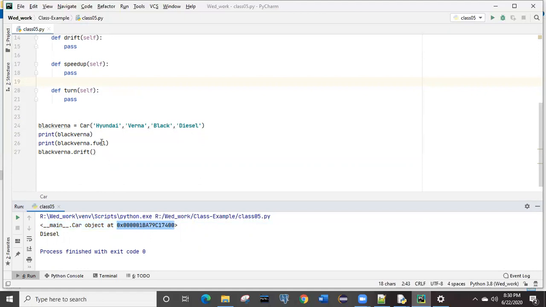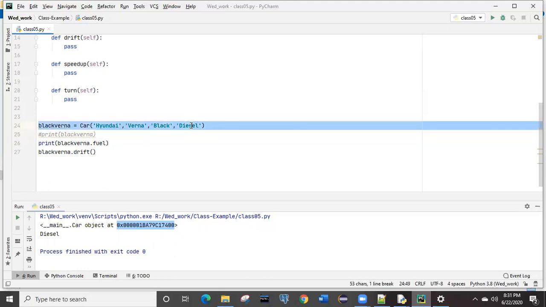Now, if an object is created somewhere in the memory, that object will have all the parameters with itself, like the name, model, color, and fuel type. These are the 4 fields that the object should have.